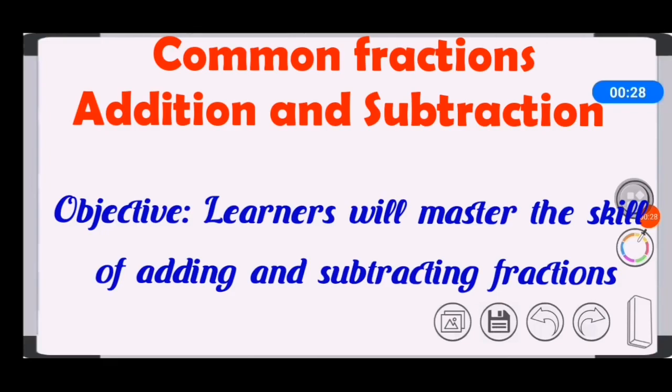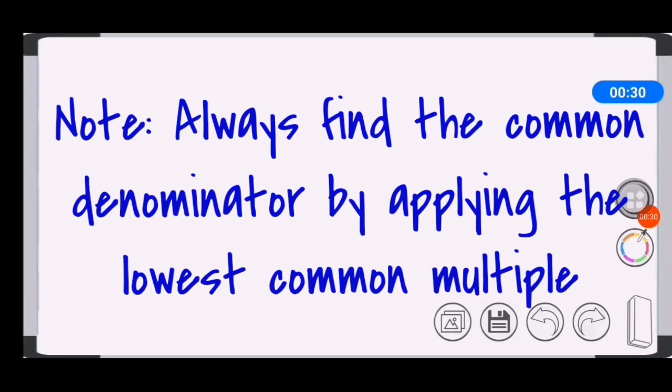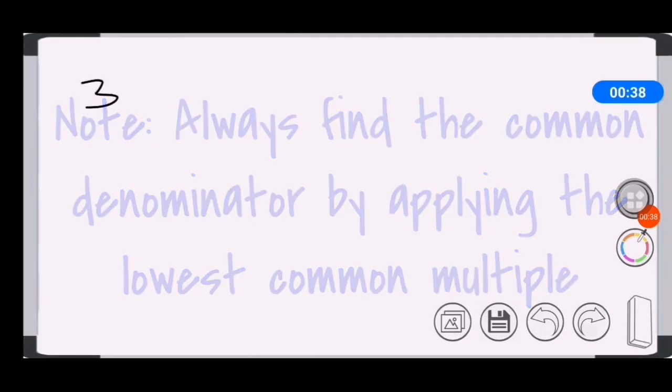Alright, to add or subtract common fractions, the trick here or the clue here is to make sure that your denominators are all the same. We have a common denominator in the fractions given to us. For example, if we are to add up 3